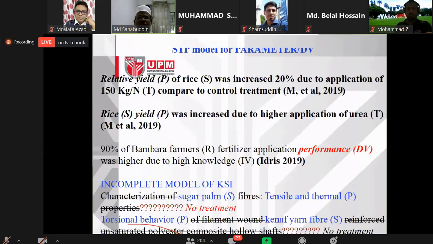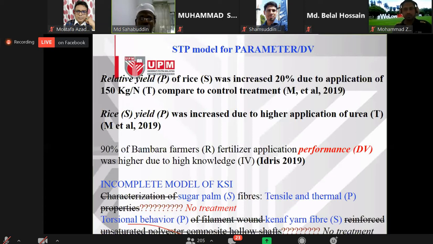This is for the social science. Also, you see it is the same thing. For any title, any objective, we have to follow the 3 elements and the 6 models, STP or IV DV. But here you see an incomplete model of the KSI.